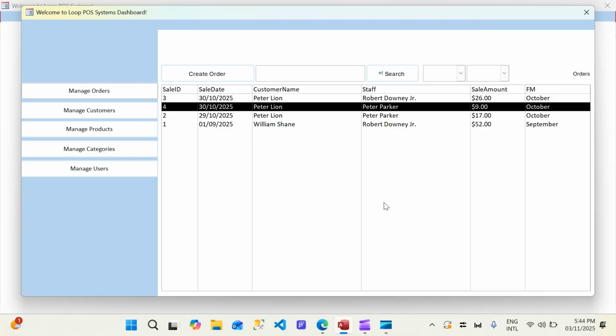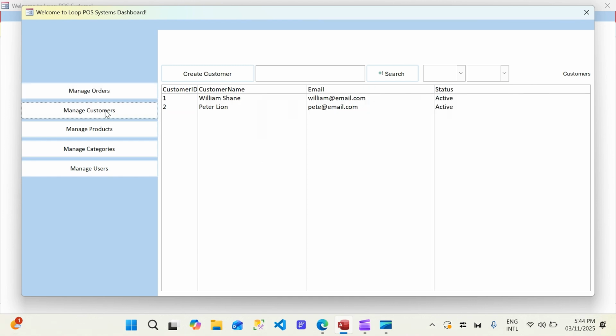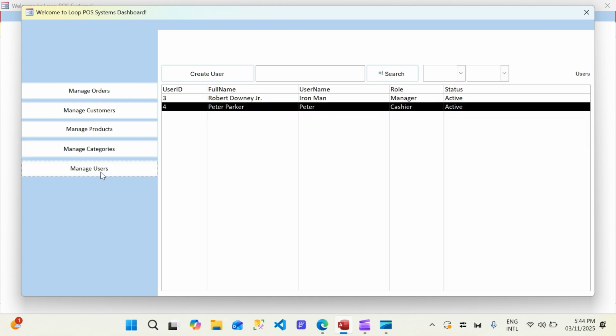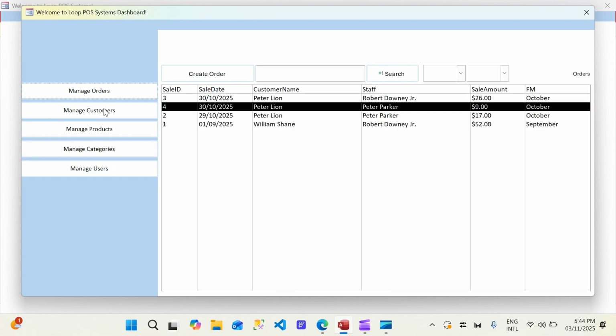Welcome to Looplearnings. This is the next video in the series. We are making a POS management system, and in this video, we will continue with the user interface and particularly with the dashboard. In the previous video, we developed a setup to fetch the information and populate it onto this list box. So in this video, technically speaking, we will continue and have the double click event activated for